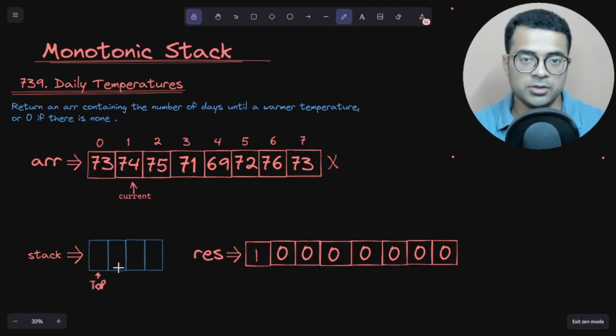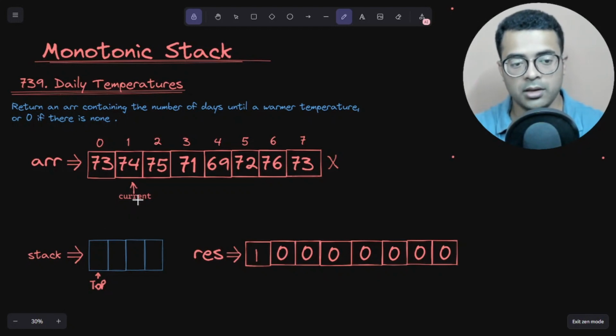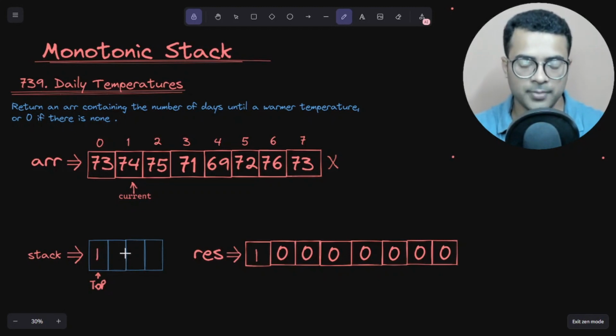Since the stack is empty, we are simply going to move towards the final part, which is updating our stack with the current pointer's index, which is 1. So just write down 1. Awesome. Now we are going to move our current pointer forward, and here it has encountered